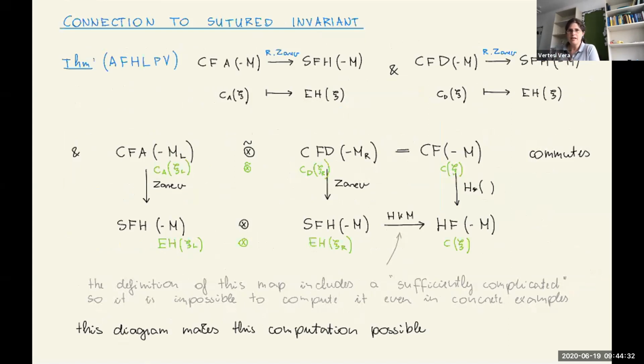So Lipshitz-Ozsváth-Thurston, Zarev has a map from the bordered Floer homology to sutured Floer homology. This map is defined by gluing a cap, which somehow forgets the bordered information and remembers the sutured information. And then we can prove that the contact invariant is mapped under this capping map to the sutured invariant, for both CFA and CFD. And